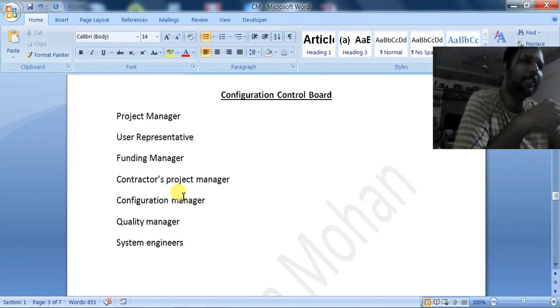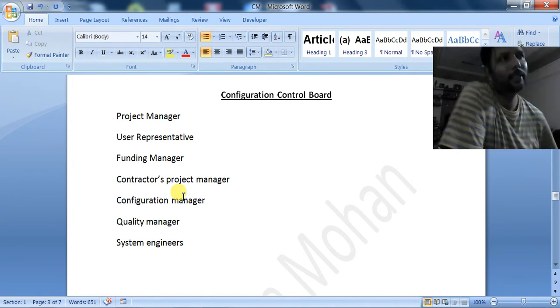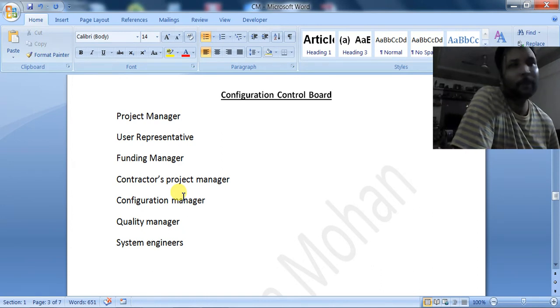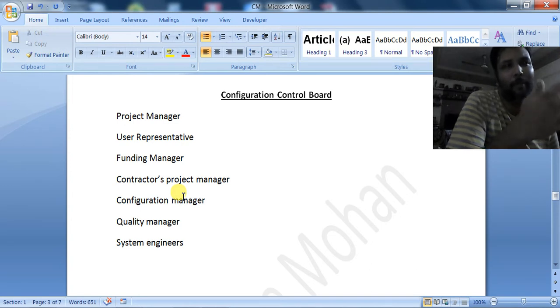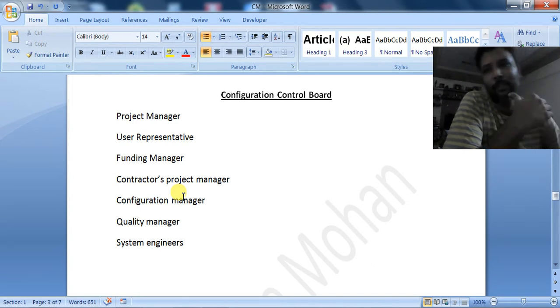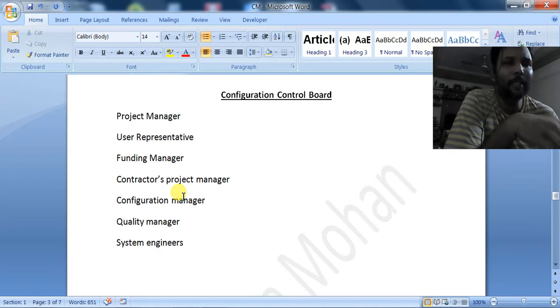Suppose they have made a contract for Java technology, and now the customer is asking for .NET also, that it has to be developed in .NET also. So he will take care of all the contract related activities.